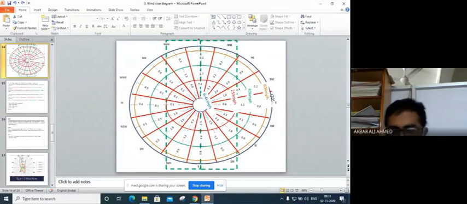In the previous time, in the type 1 wind diagram, what did you do? We have taken the average, but here we are not taking the average of the duration, that is the velocity. We are simply taking the exact value, and at the exact value we are drawing one circle. The lowest value, 6.4, we are drawing one inner circle. Then 25, we are drawing one more circle, red color. For 40, again one more circle, green color. For 60, again one more circle, golden color.